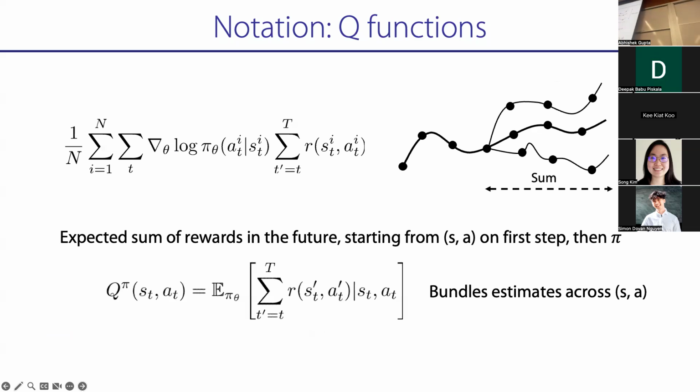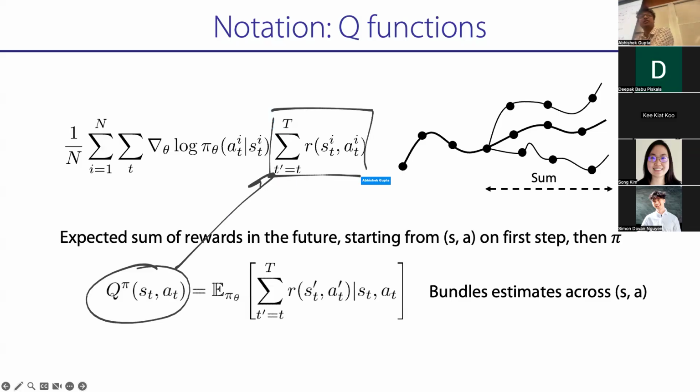A Q function is the entity we want, because the intuitive way to think about it is it's telling you how good an action A is when you take it at S, if you had followed policy pi afterwards. And if you have this, then you just increase the likelihood of good actions and decrease the likelihood of bad actions. The nice thing about defining it this way is you can just sub it in for the policy gradient. Normally this thing tells me how good some action A is at some state S, but it's just a single sample estimate. I'm just going to get rid of this and replace it by this.